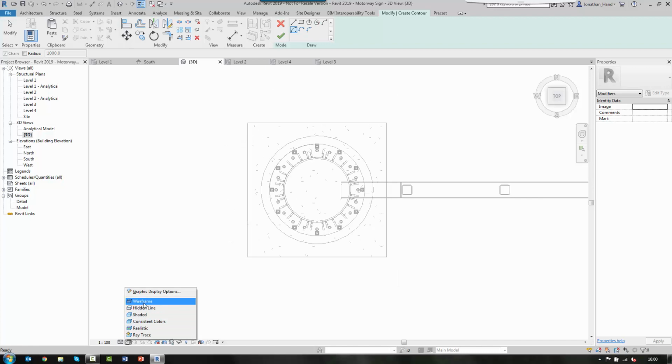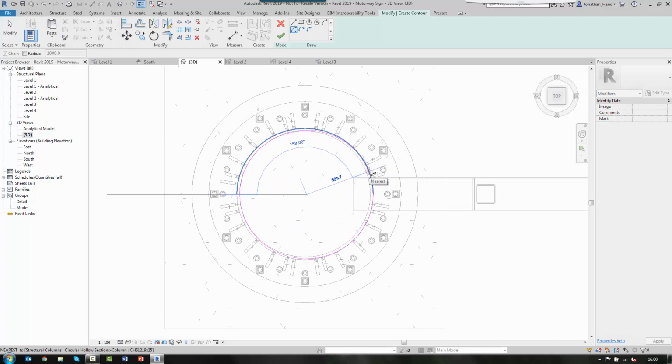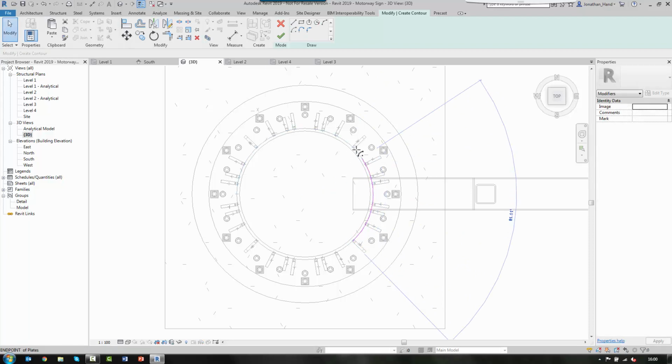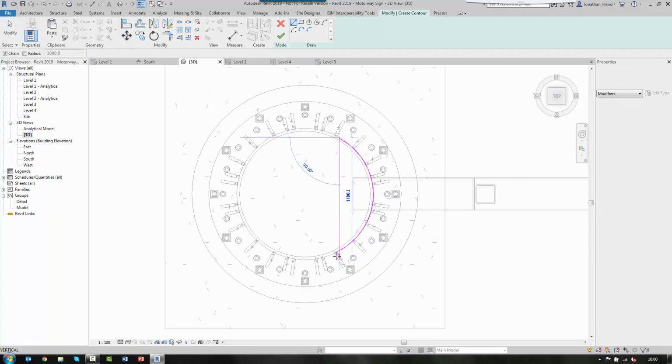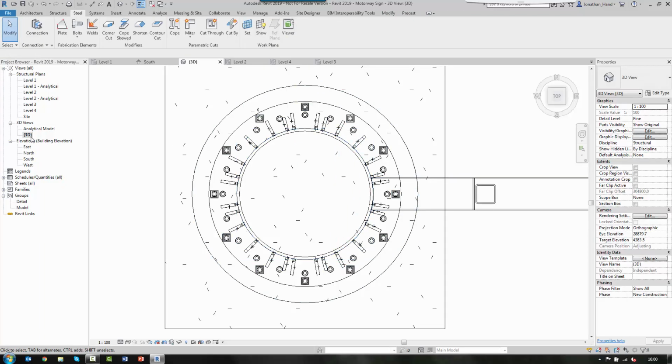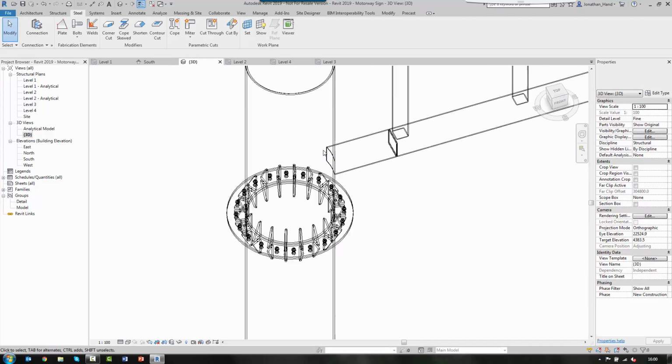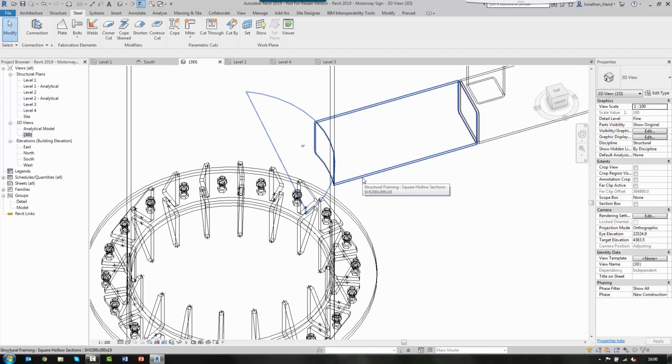It might just be easier to go into a wireframe mode. I'm just going to drag these around from there to there, and then close that off, then confirm that as the cut. And what that will do, if we look at it in 3D, just applies that curved cut onto the face,